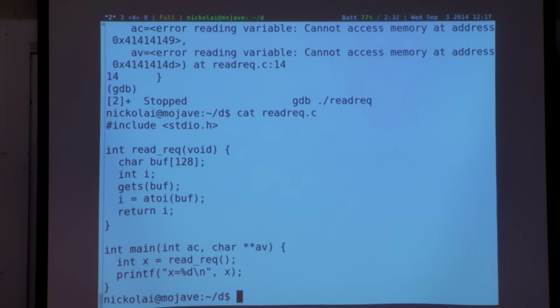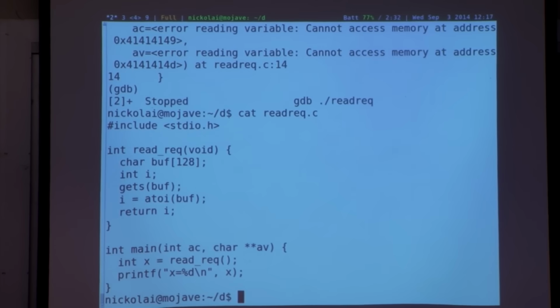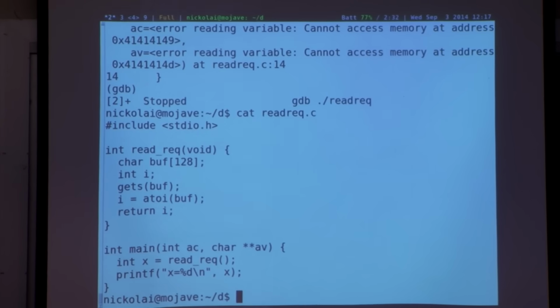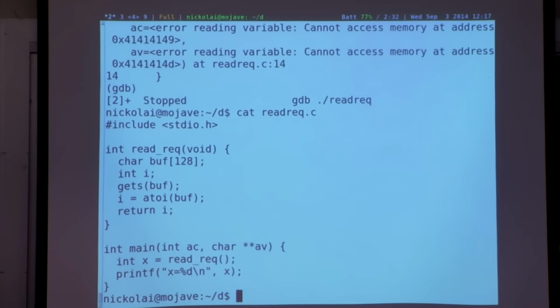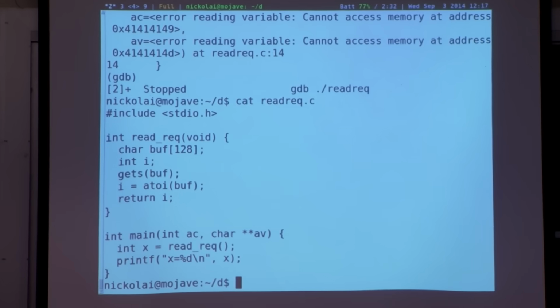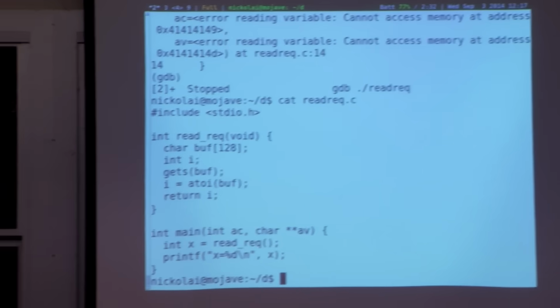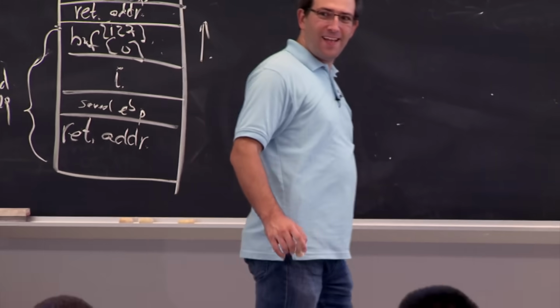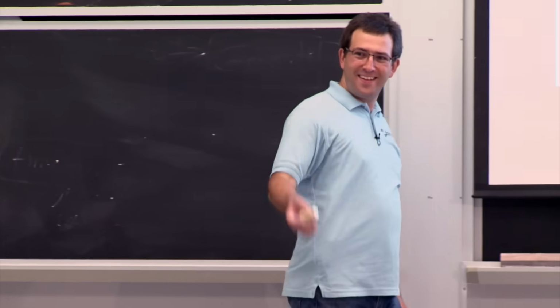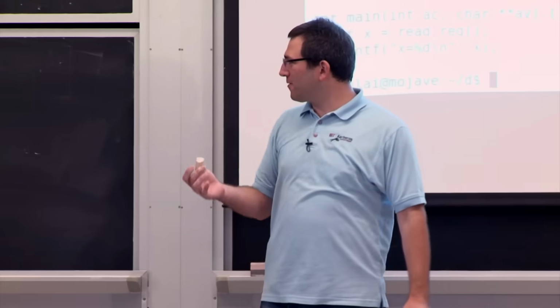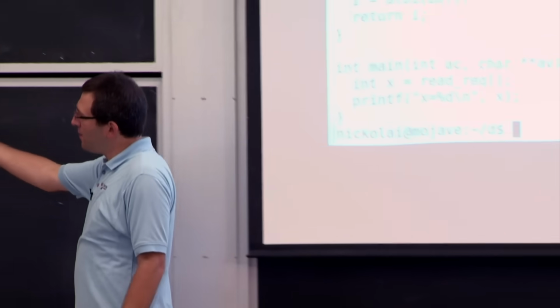So what happens if we have a program like this that's pretty boring? There's no real interesting code to jump to. All you can do is get it to print different x values here. What if you wanted to do something interesting? Yeah, if you have an executable stack, you could put arbitrary code that, for example, executes a shell. Yeah, that's kind of clever, right? Because you actually can supply other inputs, right?